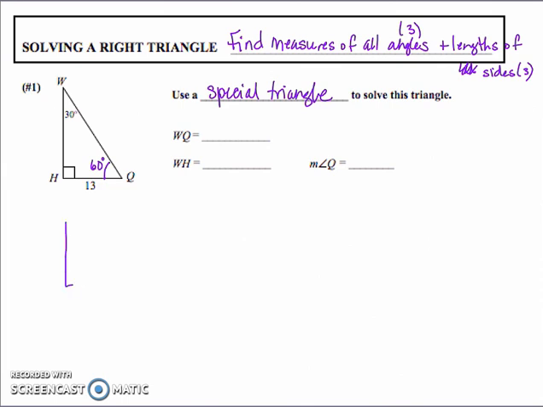We know, I'm just going to draw another triangle right here as a reference. We know from above that if we have a 30, 60, 90 right triangle, we know that the side adjacent to the 60 degree angle has a length of 1, the side opposite